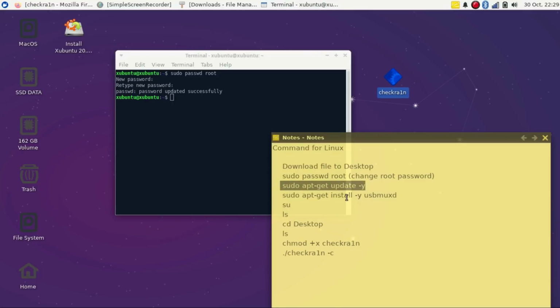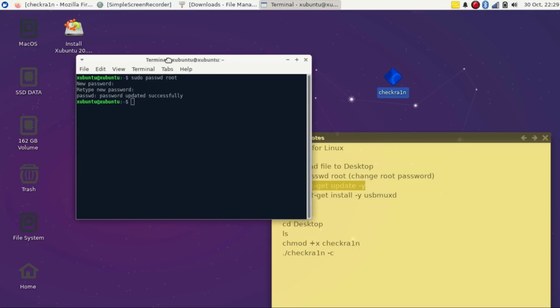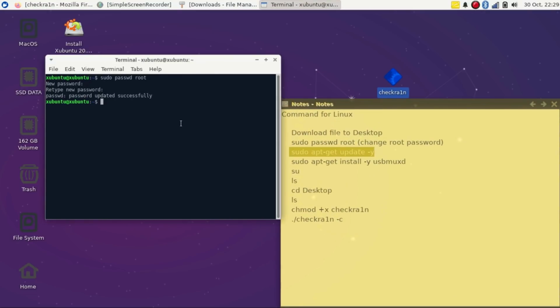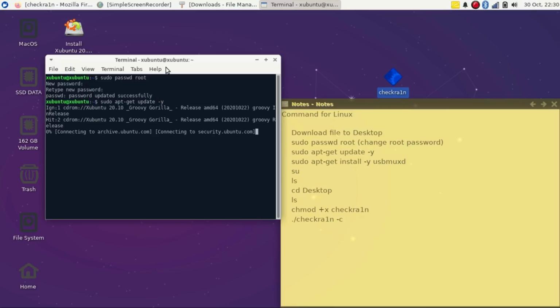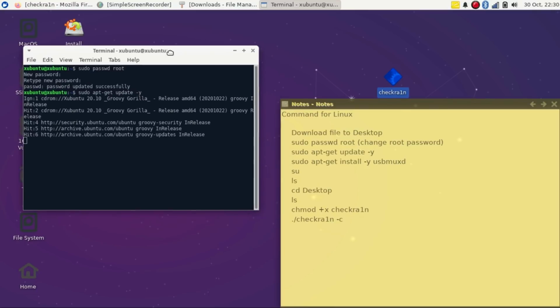And the next command is sudo apt-get update. If you use Linux very much, you know all these commands. They are very basic commands to operate Linux and update the packages. What this command basically does is update all the packages. So just run the command, it will not take too much time. Make sure that you are connected to the internet to run all these commands, because these commands require internet to download the latest packages.